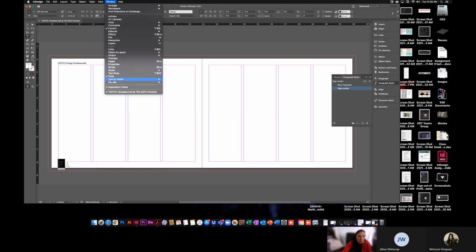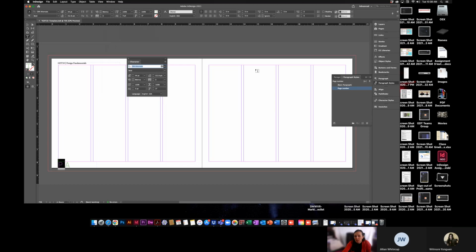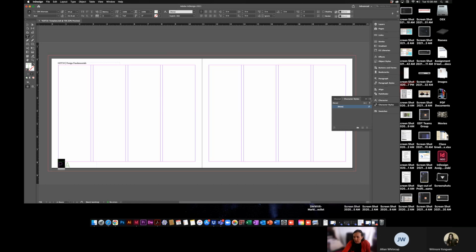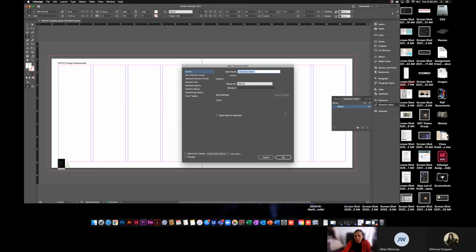It's not open. So in type and tables, this is where you'll find all of them. Oh, my character styles is open, but I want to open up my character because usually I have those two together. So I have character and character styles. If I click on character styles and say new character style, I'm going to call this